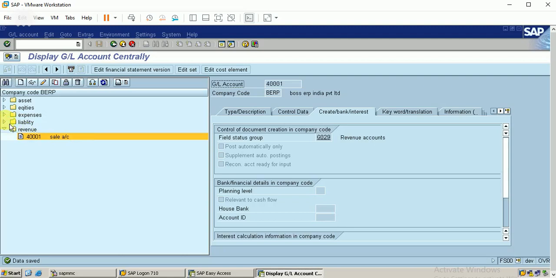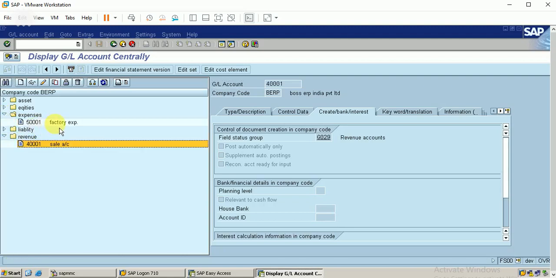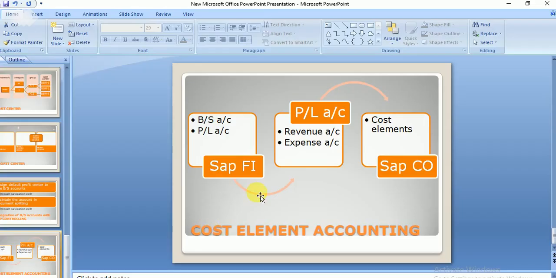So there is a revenue account and also one expense account. These two combined we call profit and loss accounts, this expense account and revenue account. I just now want to discuss only the profit and loss accounts, having the revenue and expense accounts.